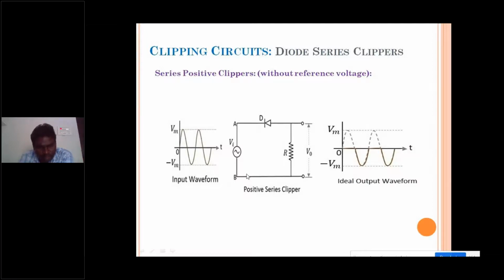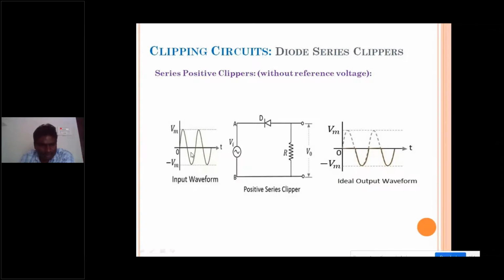So a higher voltage is applied on the cathode side than the anode side, so this diode is in reverse bias. So for the positive half cycle, the diode is in reverse bias condition, which means it is open circuited. When this is open circuited, nothing is transmitted to the output, so I can say that output voltage is equal to 0. So for the positive half cycle, the output will become 0. It is shown in the dotted lines. So it is simply 0 here, right?